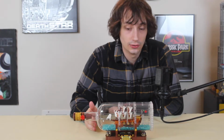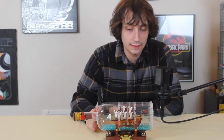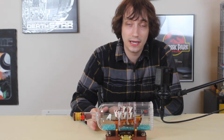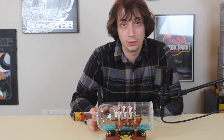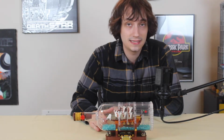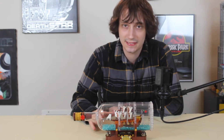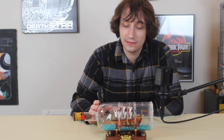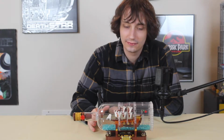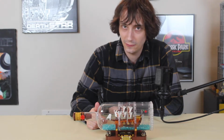Nevertheless, it does look full, but moving aside from the actual bottle, talking about the building. The build was a lot of fun. The bottle was definitely one of my favorite parts, besides the actual stand itself. Both pieces are completely just stellar. They're super sleek, and they were fun to put together. They used a lot of very interesting building techniques that I myself hadn't really played around with too much,